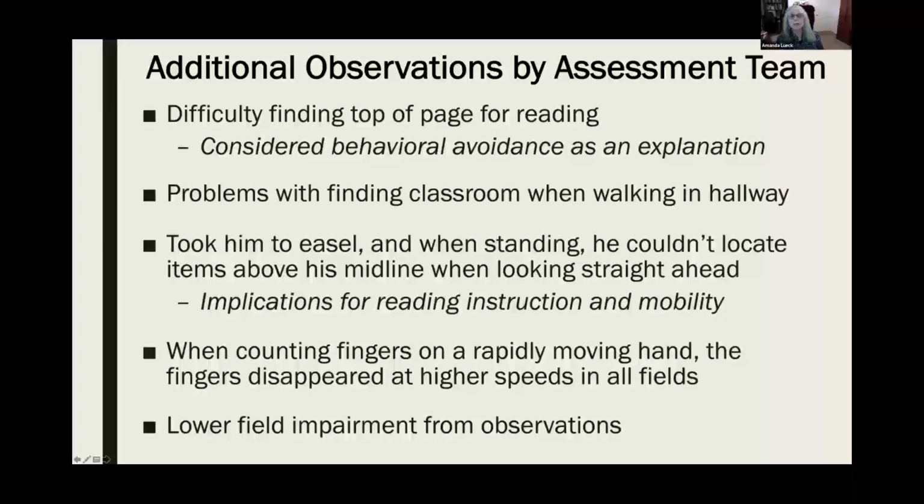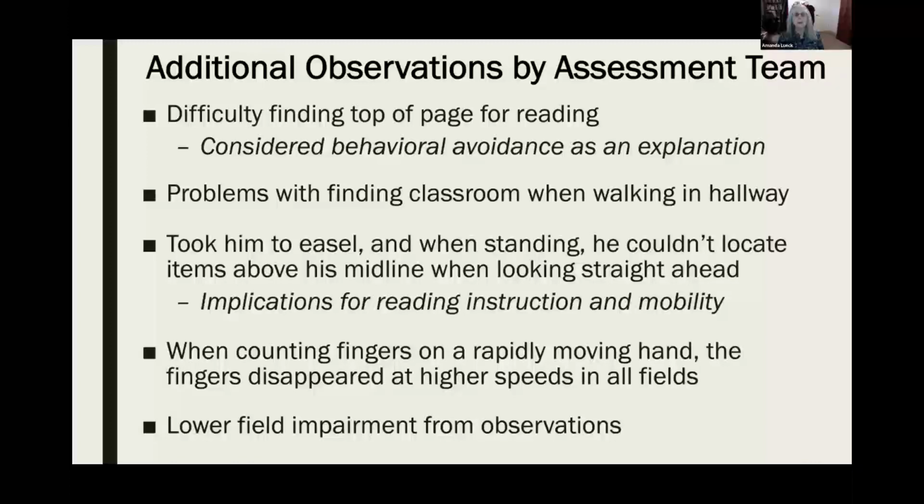He had difficulty finding his classroom when walking in the hallway, even though we knew he had 20/40 acuity, and cognitively he would have been able to find the classroom. When counting fingers on a rapidly moving hand, the fingers disappeared at higher speeds in all fields, and that was at higher speeds than it would for a child with typical vision. So he had trouble seeing rapidly moving objects, and he had a lower field impairment from